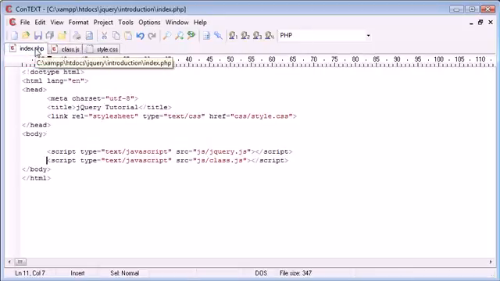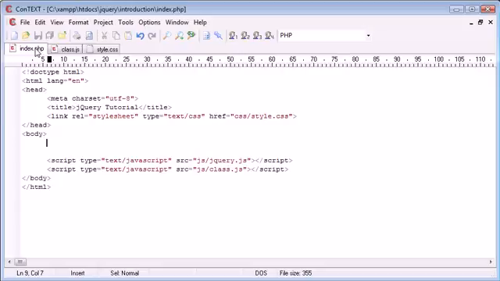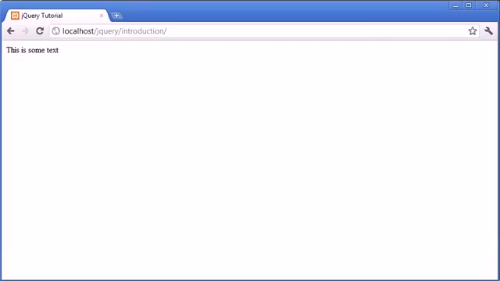Now we're not going to be demonstrating multiple classes in this tutorial, however what we are going to be doing is creating something a bit more dynamic, and we're going to do that using the event handler toggle. So let's go ahead and create a span, and I'm going to give this an ID of some text, and I'm just going to write this is some text. Okay, so now if we go over to our browser you can see that we've got this is some